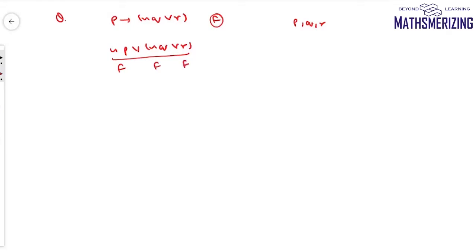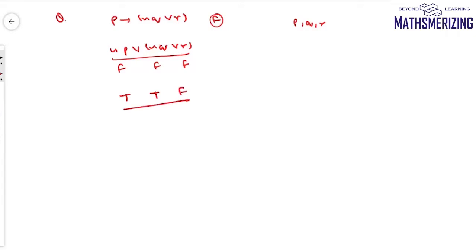Another question is, if the truth value of the statement P implies not Q or R is false, then we need to find truth values of P, Q and R. So again, this is not P or not Q or R. Now we know that it is a disjunction. So it can only be false when each of not P, not Q and R are false. So that means P should be true, Q should be true and R should be false, which is true, true